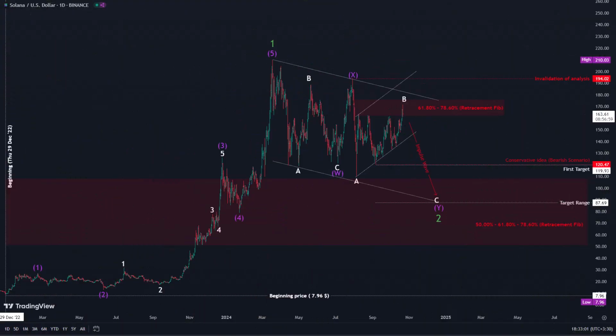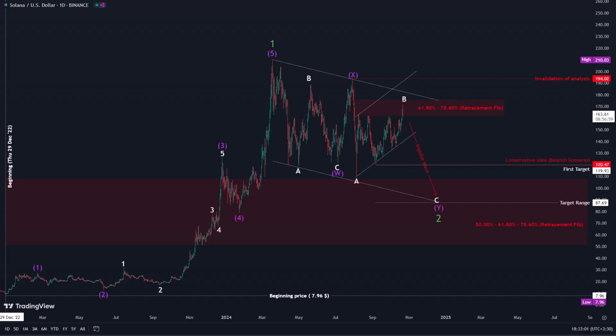Today, we will review 2 cryptocurrencies, starting with Solana. As indicated by my labeling, the third and fifth waves are nearly equal, while the first wave of this impulse pattern is shorter than the other 2 waves. This marks the end of the motivational phase, with the first wave being part of a larger structure. But will the second wave continue?